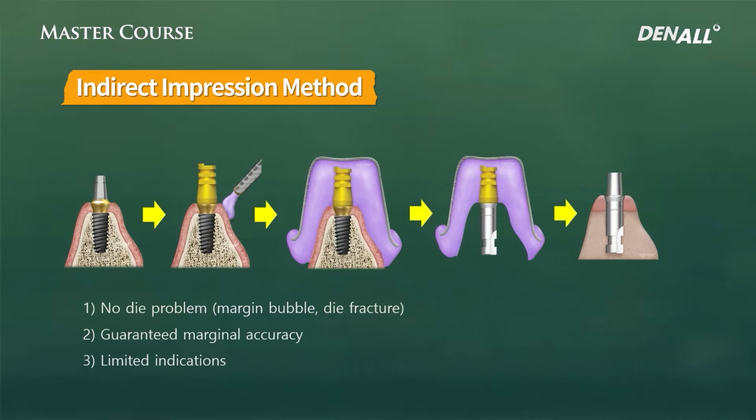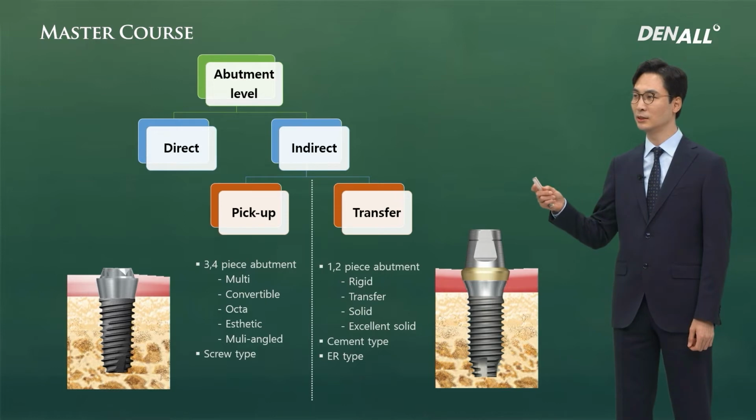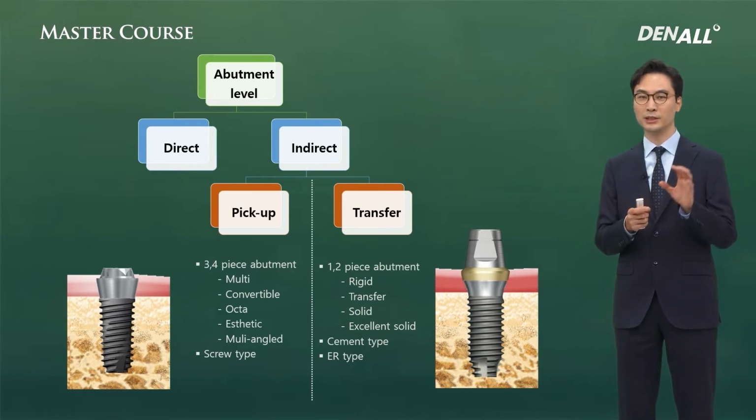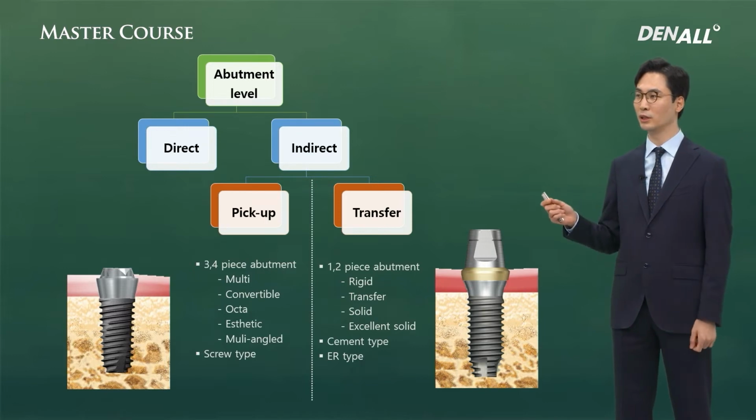The analog, if it is not damaged, can be predictably reproduced in an accurate manner. However, if the abutment has been modified or milled, this method cannot be used. Therefore, there is a limitation in terms of indications. Among abutment level impressions, you can use an impression cap or transfer type coping to take the impression, or you can